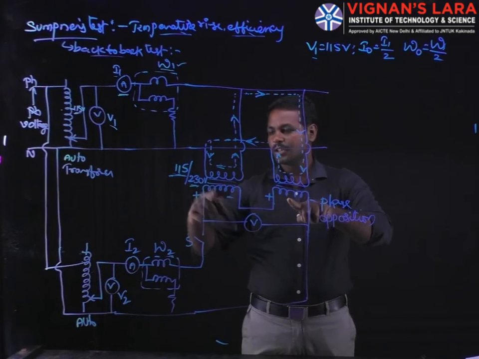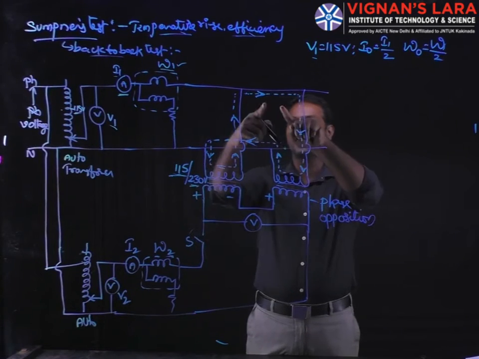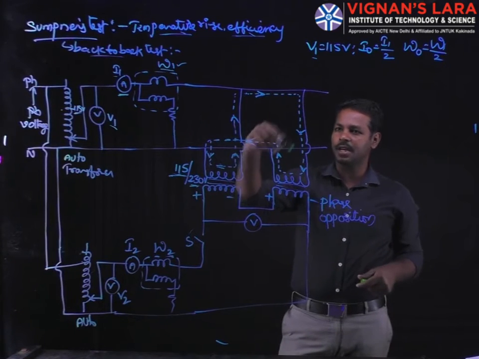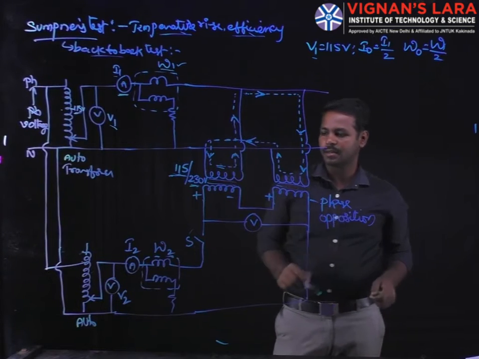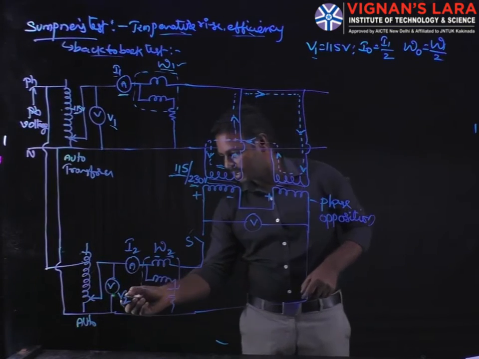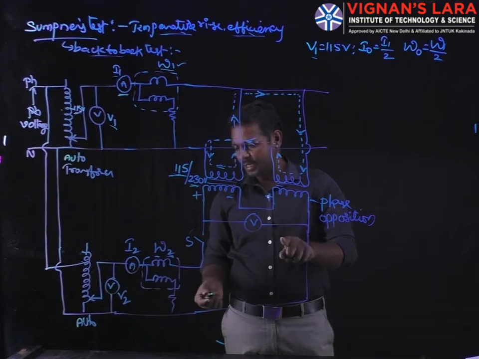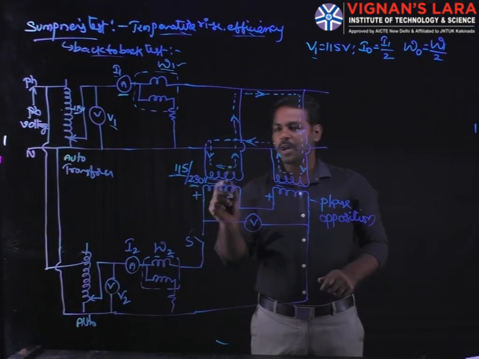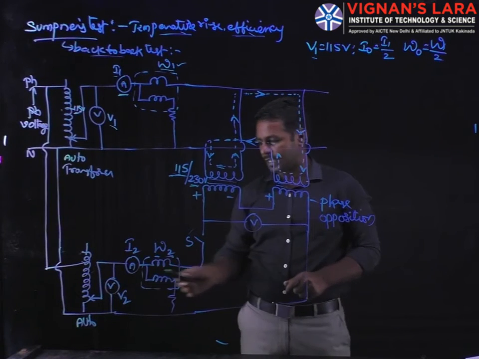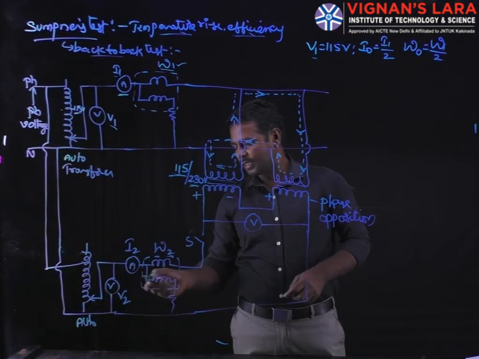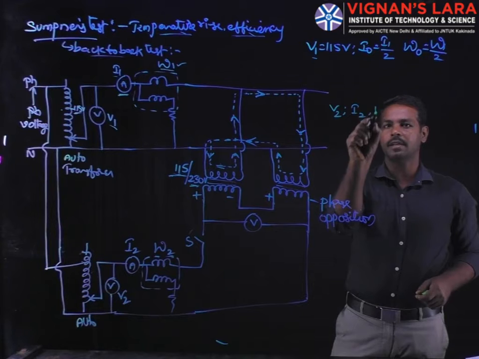So this is the short circuit test, conducted on the LV side, with the HV side supplied. The LV side is completely short circuited, and whatever current circulates through the LV side circulates in this path. A small amount of voltage is applied across the secondary of a transformer, so the corresponding full load current flows through the LV winding, and we get three parameters: V2, I2 and W2.